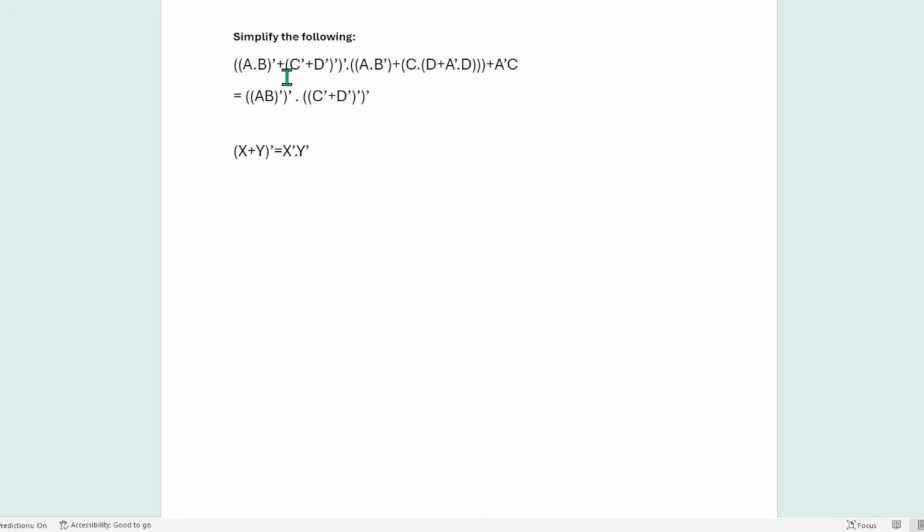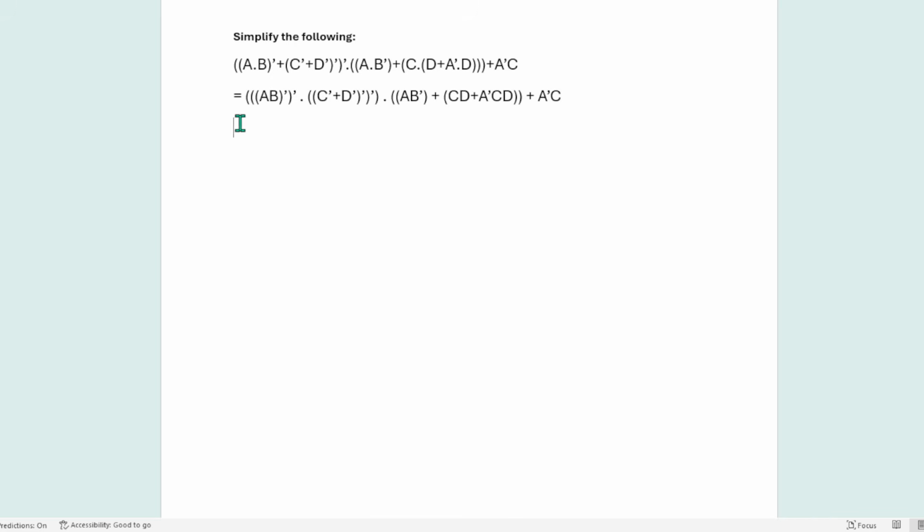And this whole thing looks like this, right? This whole thing I just put into De Morgan's formula, and it looks like this now. I'm just putting a bracket so that it looks like a single term. The remaining parts basically stay as they are already. So a b prime, and I can actually multiply this part normally, cd plus a prime cd. And a prime c stays as it is.